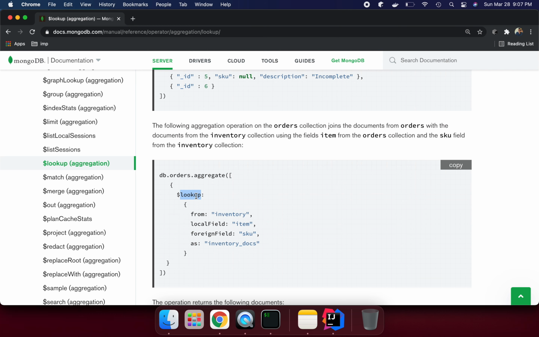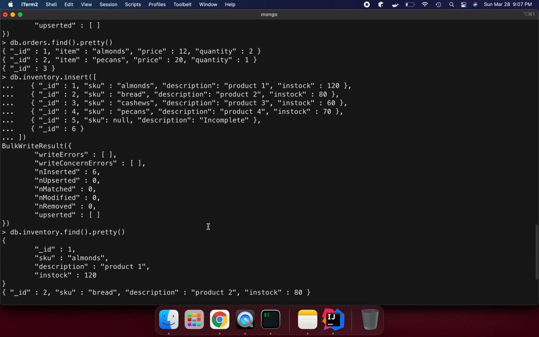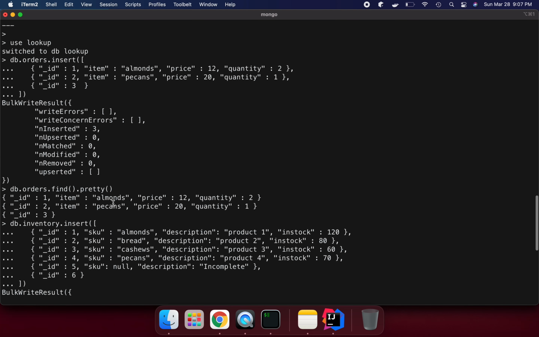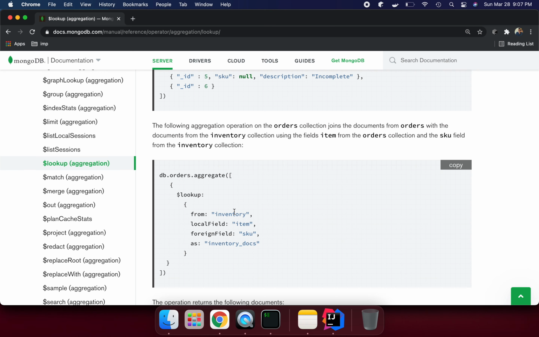Now we are seeing $lookup, right? Because my source collection is orders, I'm saying match from inventory. So here is our inventory. I'm saying from inventory, this is the other collection I'm going to match between orders and inventory, so this is my foreign collection.